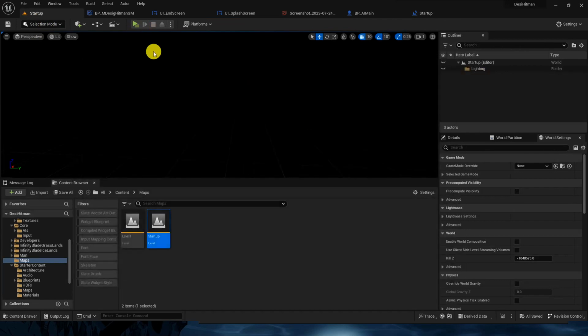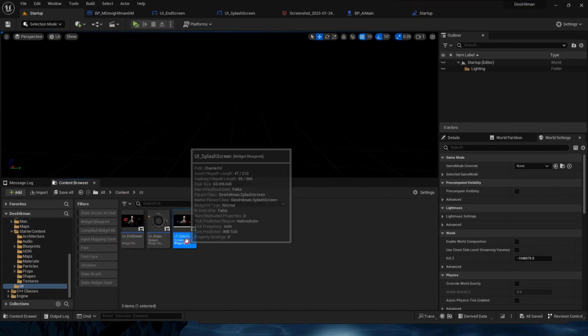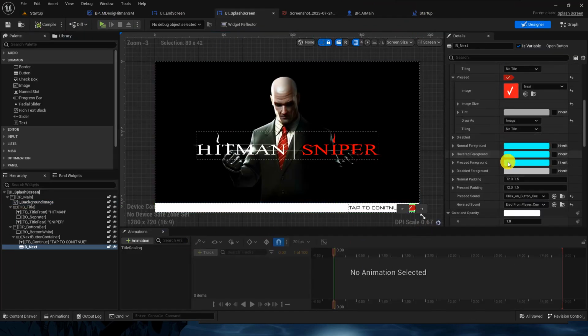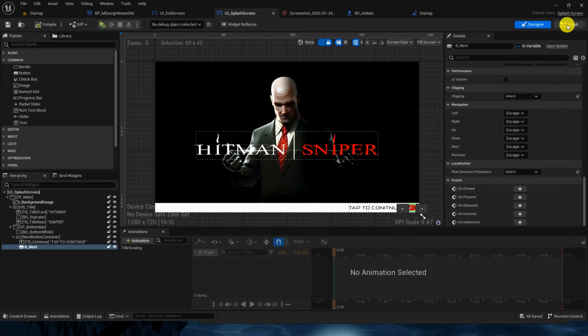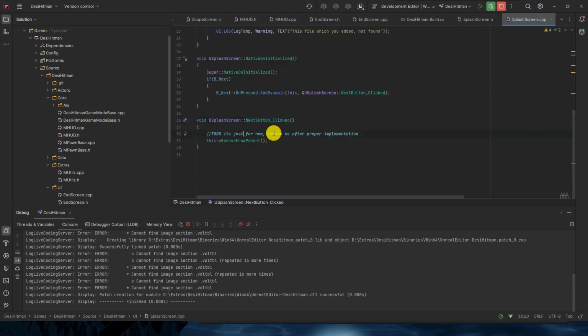Okay, we are pressing that button, but nothing happens. Let me check if everything runs fine or not. So in the UI splash screen, go to this button, go to the splash screen. We have next button clicked. Okay, we are just removing it.